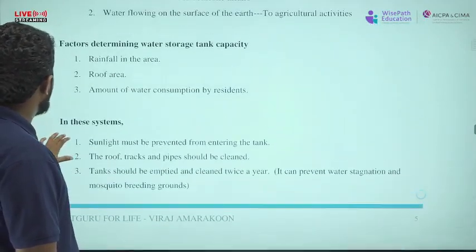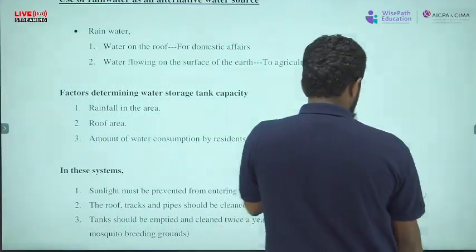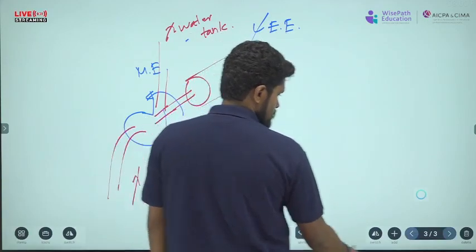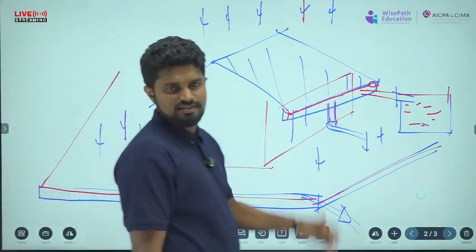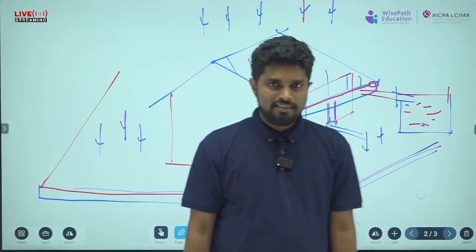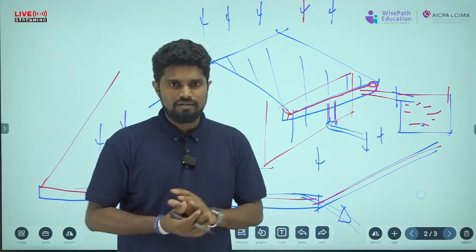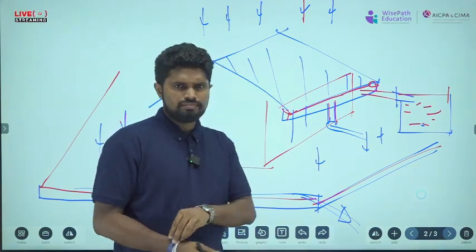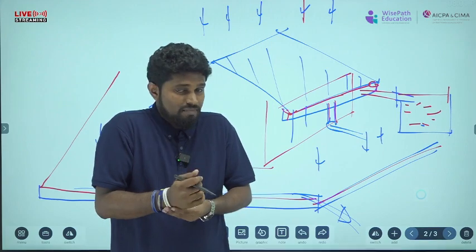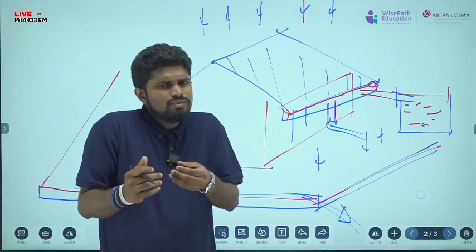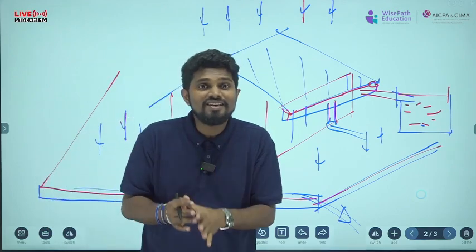Now for this system, I drew an image, guys. Remember the image, and this is the image. No? In this image, there is a water tank. According to our applications, we can buy a water tank from a hardware shop or somewhere. And this is a very special system. Then we have to select a capacity for the water tank. We have to consider some points. Now I am going to tell how to decide the capacity of this water tank.